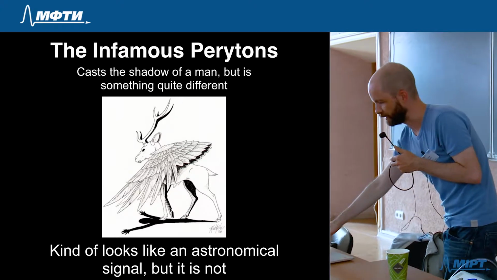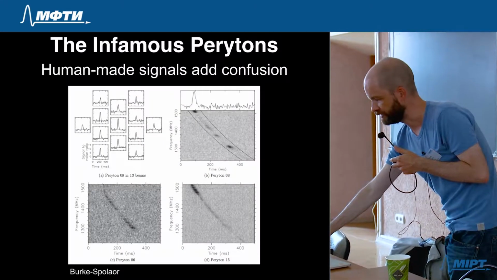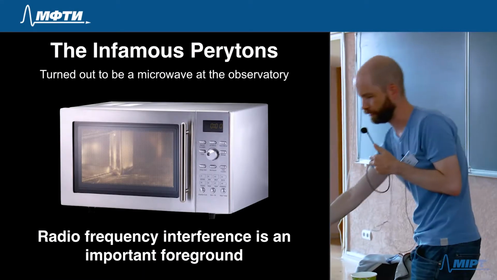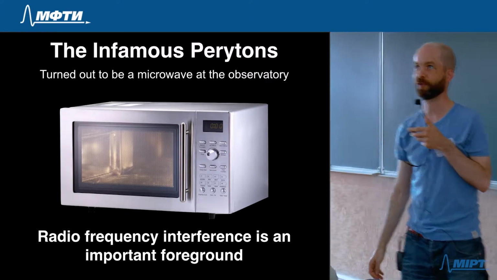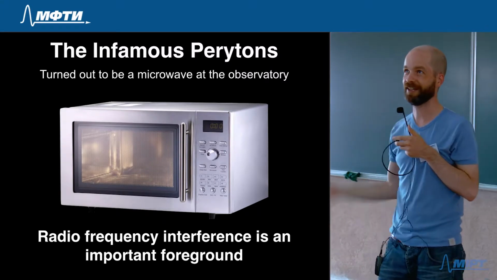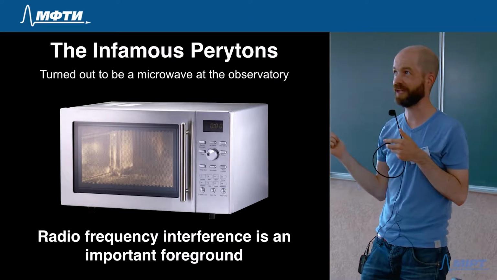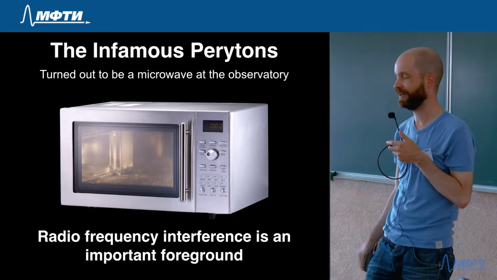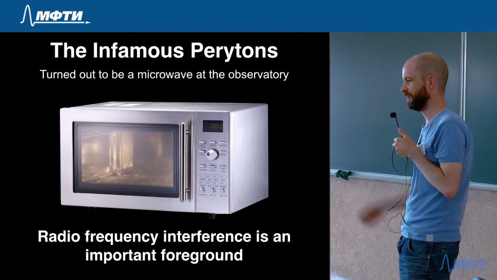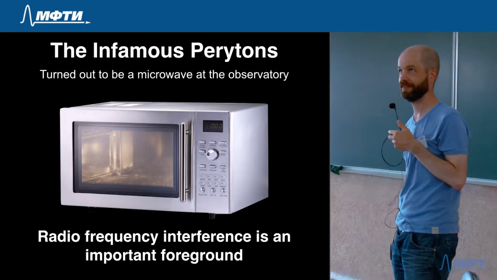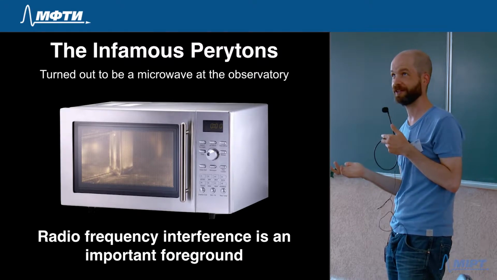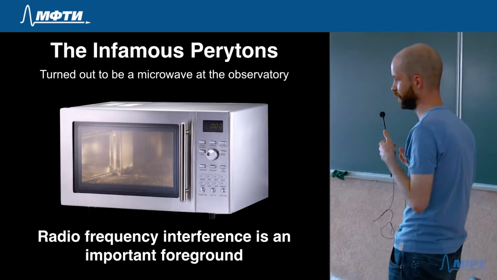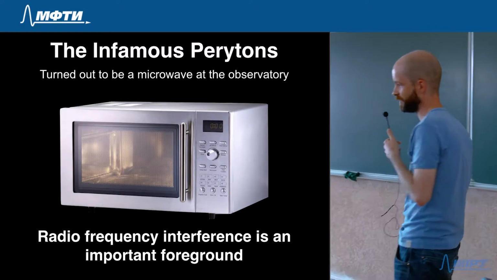And work that was done by Emily Petroff, who's now in Amsterdam, they did a number of experiments, and they came to the conclusion that these peryton signals, these swept frequency radio pulses, were actually coming from the observatory microwave. So when people were having lunch at the Parkes telescope, if they were impatient, they were heating up their hot dog and they opened the microwave before the magnetron in the center of the microwave was done, you're essentially opening this Faraday cage, which is the box of the microwave, and this radio emission can escape from this Faraday cage, and there's a very, very sensitive, very large radio telescope nearby, and you see this radio flash,